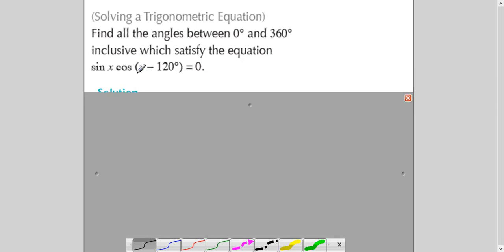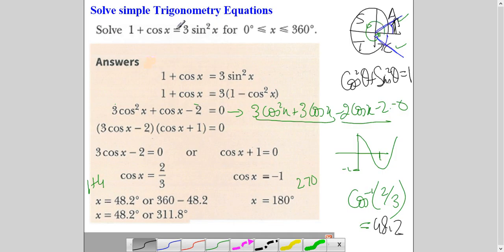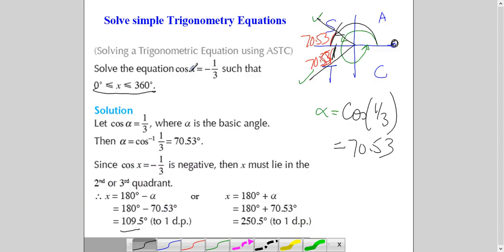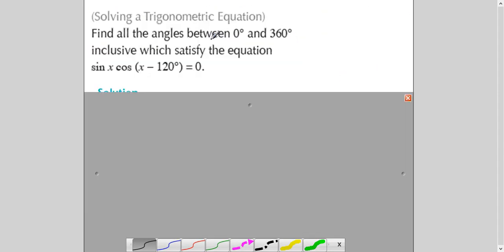If you see this one, in the earlier ones, in both it was 1x, 1x, 1x, right? So now it is different. It is x minus 120. These types of questions are a little tricky for students, but this affects the range. What does it affect? By range, I mean the domain or the limits of the degrees it affects. The question is giving me 0 to 360. It means the question is saying x is lying between 0 and 360. Because it is saying inclusive, I put the equals to sign also here.